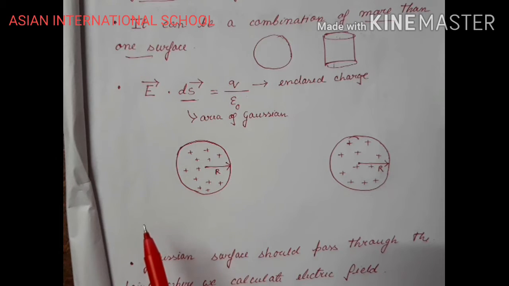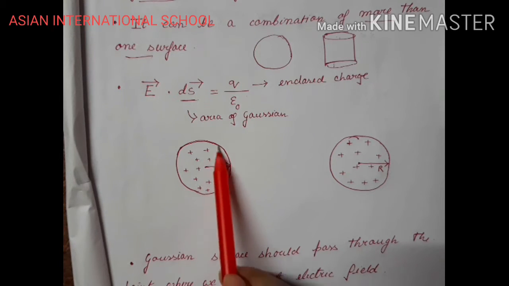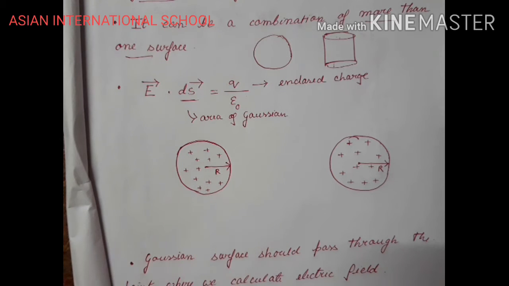Hope you know this, that for a conductor the charge is there only on the outer surface, and electric field inside is 0. But if you consider a non-conductor, electric field inside is not 0 because the charges do not have the capability to conduct on the outer surface. So for a non-conductor, the charges will be there all over its volume. So we are considering that this is a sphere and it's a non-conductor.